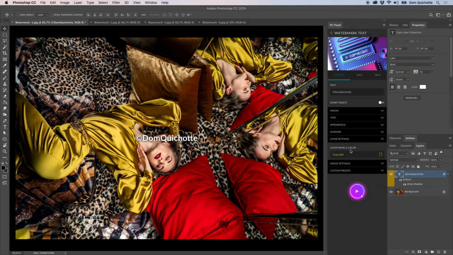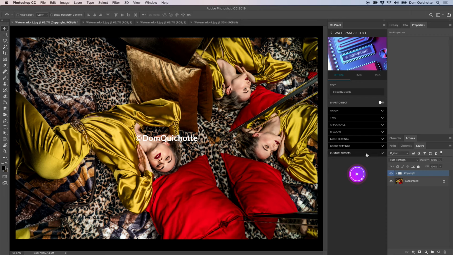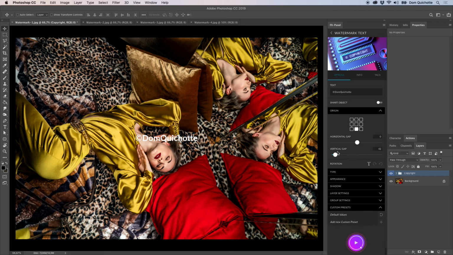And of course, we do have the layer settings and the group settings where we can change, for instance, the color for the layer, or we could also add it into a group and name the group. So here's the blue for the group and the red for the text layer. The nice thing about our presets is that you can save them as custom presets. So let's just say that's the Don Quixote, maybe change it to bottom